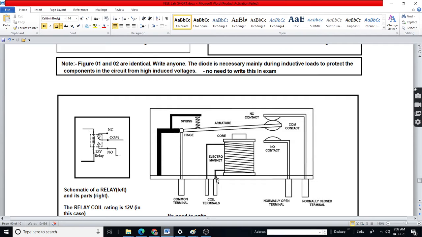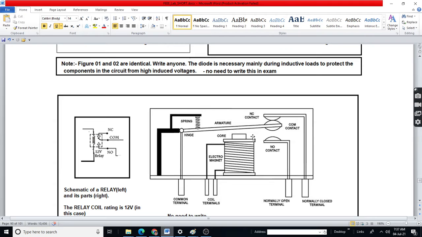When the required amount of current is passed through the coil, we say the relay is energized and relay is actuated, means its contacts are actuated. When the coil is energized, relay contacts are actuated.